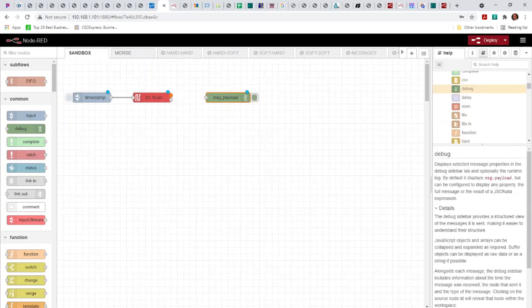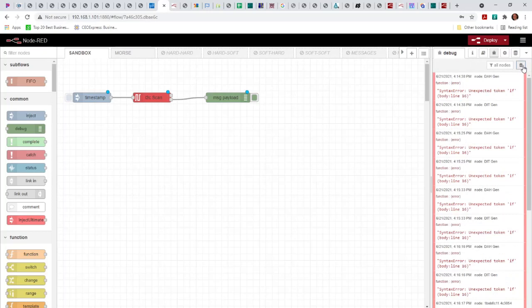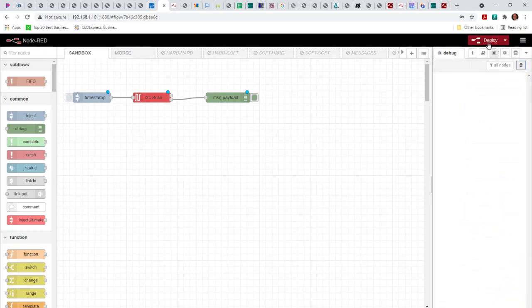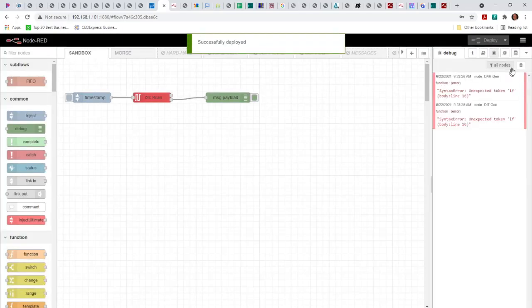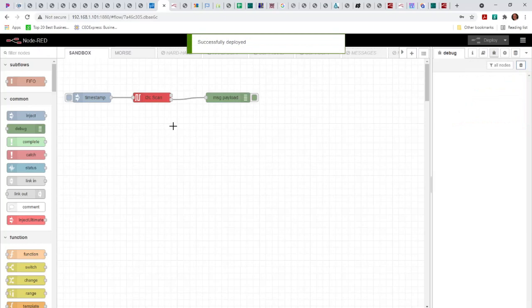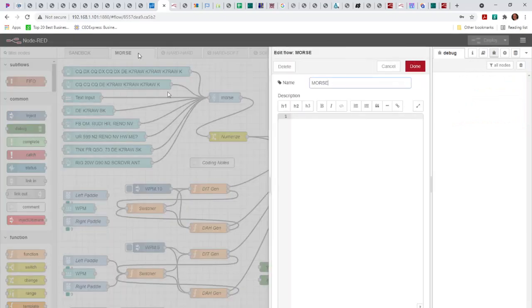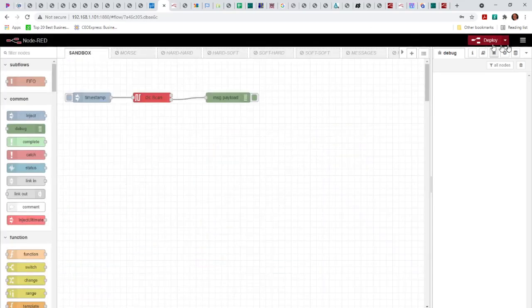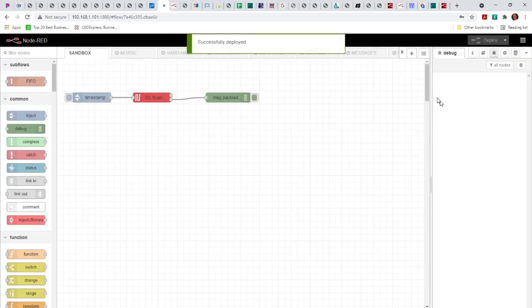The first port only sends out the addresses of all the I2C devices that are on the I2C bus. This one sends them all simultaneously. So let's go ahead and clear all the previous stuff. Let's deploy this, and let's clear out some of this other junk here from some other things I've got running. Let's go ahead and disable this. That's a way to disable the neighbor flow. Let's go back to this flow. Let's redeploy, and we shouldn't see any of that junk anymore from one of the other flow tabs that I had running. So now if we click on this, you'll see some,